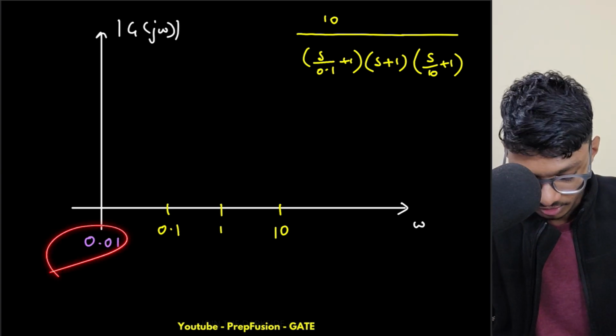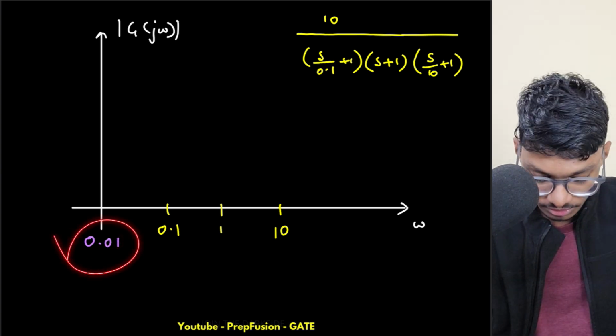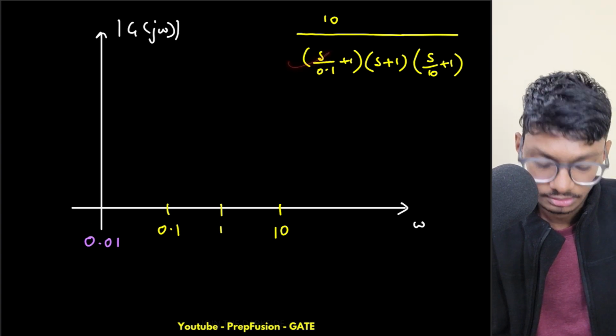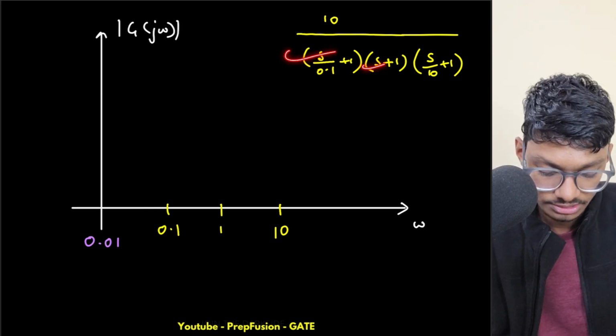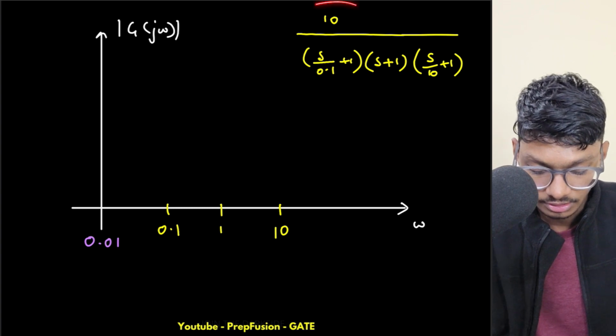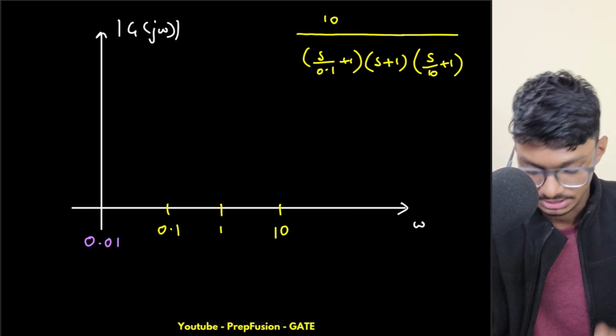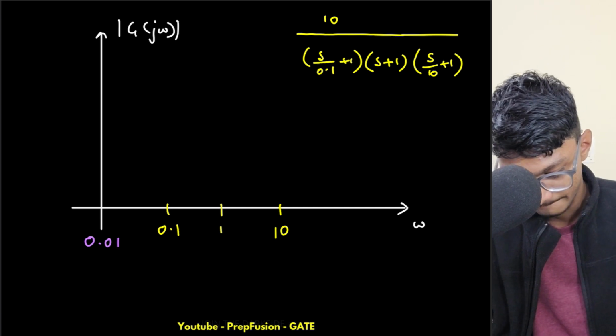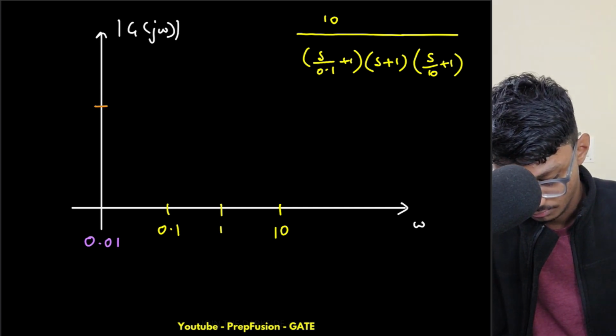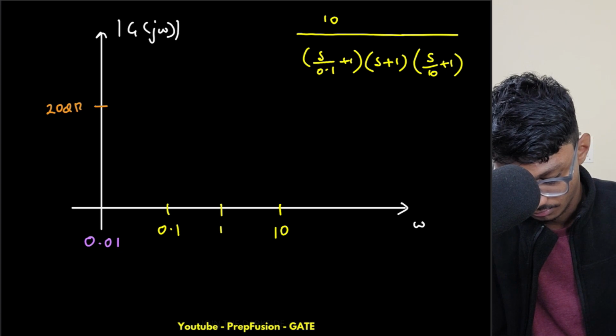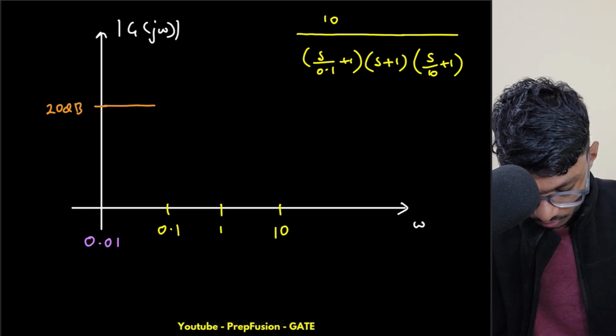If we approximate from 0.01, then while calculating the magnitude, you can ignore this, then only 10 will remain, and 20 log base 10 is 20 dBs. So we'll start from 20. It will be constant here